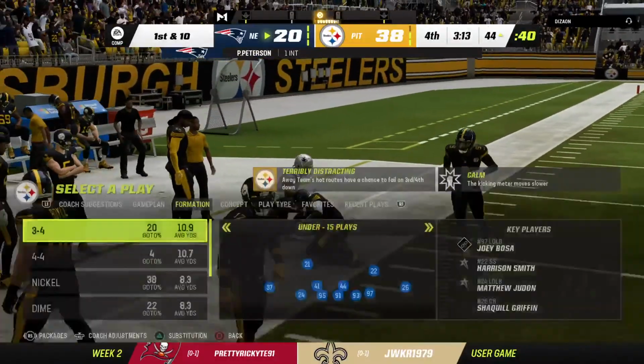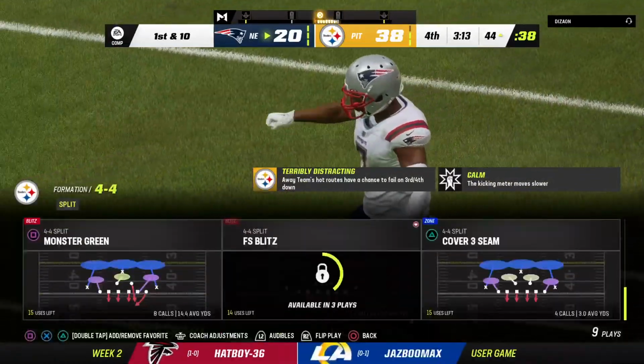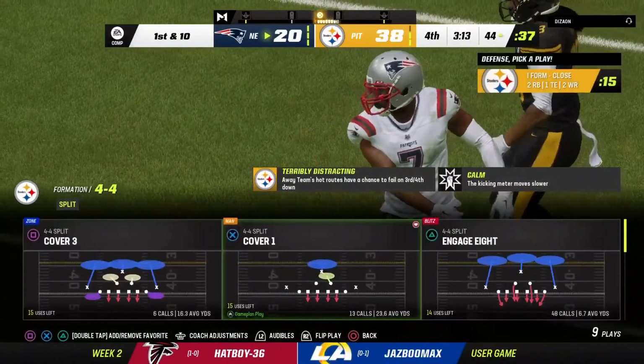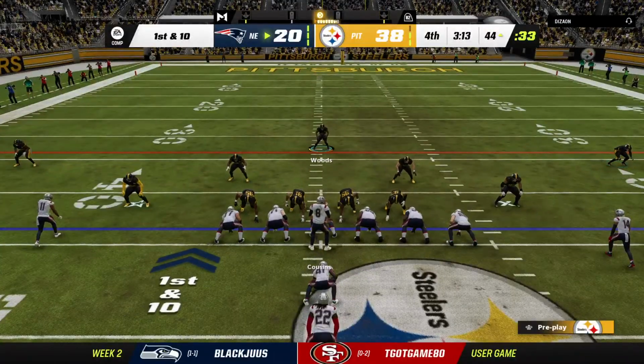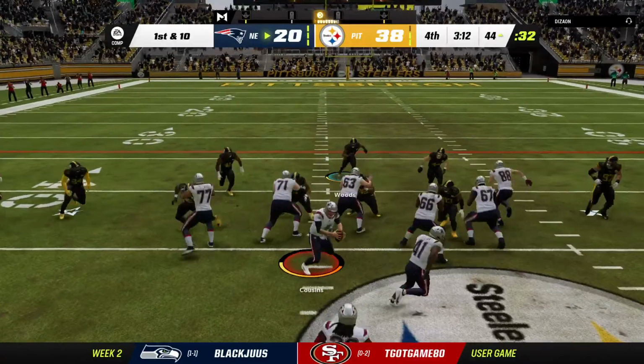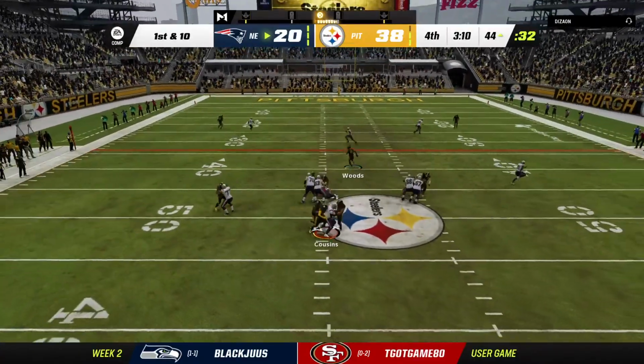Boy, Charles, you hate to see this for a rookie quarterback. You're hoping it doesn't shake his confidence, but that confidence might be shaken, because that is 4 interceptions for him this ballgame. It has to be shaken. Wouldn't be human if you weren't. Doesn't matter whether you're a rookie or...